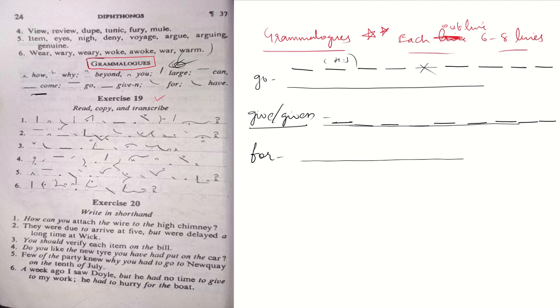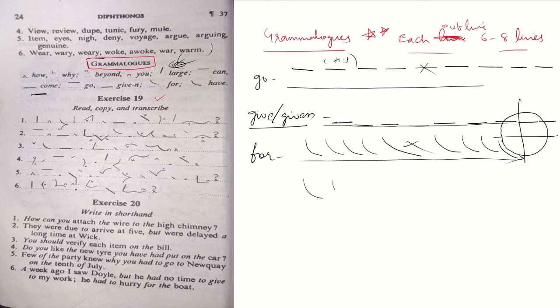After that we have "for". Whenever you get the word for, you have to use the grammalogue. We have F, right? Write F above the line, it will become for, light stroke. Remember, while writing F, many people make a mistake, like they write like this. It is wrong. It should be a proper curve, because when I make the circle, it should look proper. See how nicely it is looking now? You won't draw the circle like this, right? See, some blunt is coming here. The circle should be properly curved.